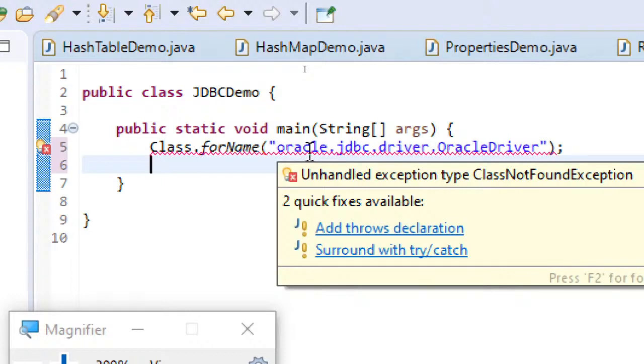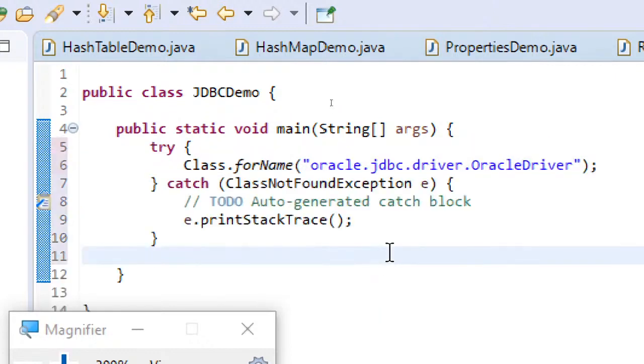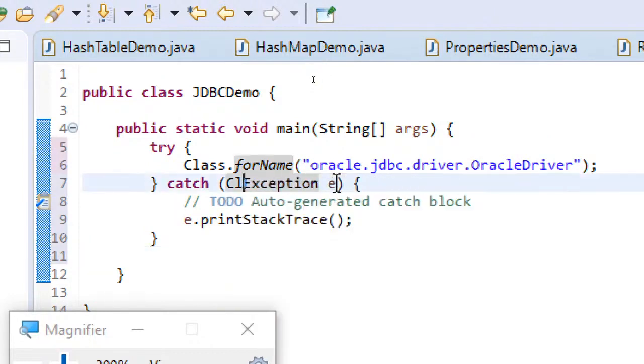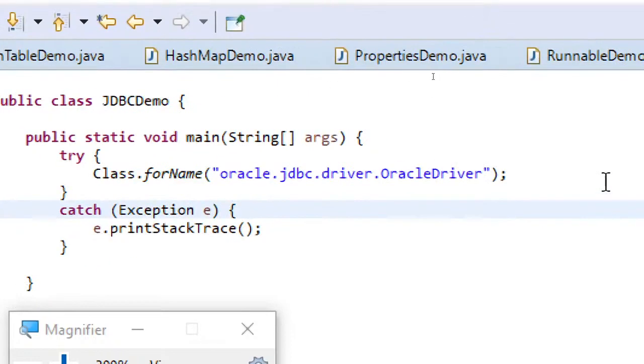So this particular driver will be declared as throws SQL exception. For that reason, it is asking you to surround with try catch or add throws declaration. So let's surround it with try catch, so that the remaining kinds of exceptions also will be handled. So instead of ClassNotFoundException, I'll directly use catch Exception, because as we add further steps, there will be other types of exceptions also.